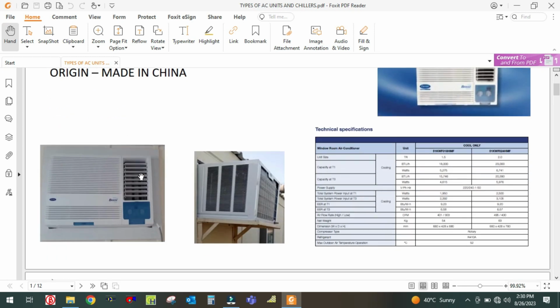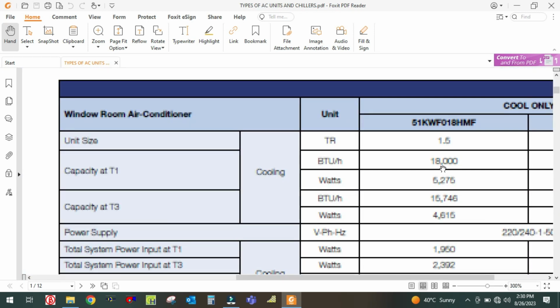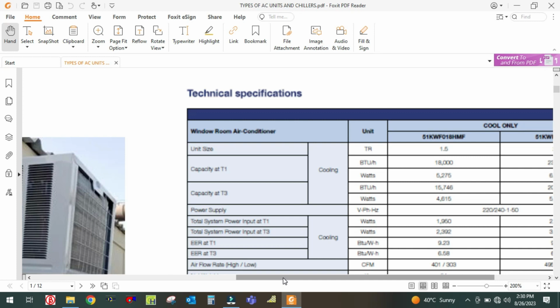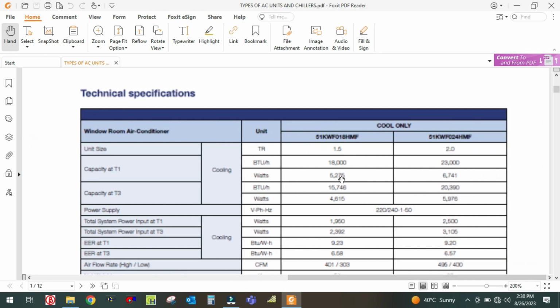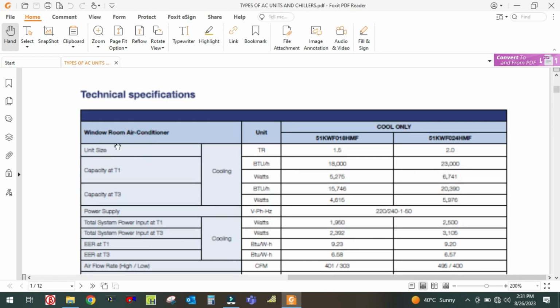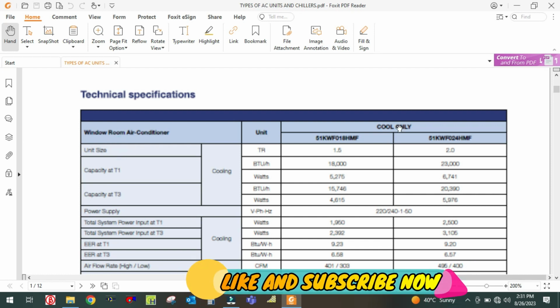And you can see here some technical specification is given for these units in the Carrier China brand. There are two actually, 1.5 ton and 2 ton. The maximum tonnage for window AC is 2 ton only. So you can see here, this is the technical specification of the window room air conditioner, and the unit size is nothing but the cooling capacity. And here is the model number